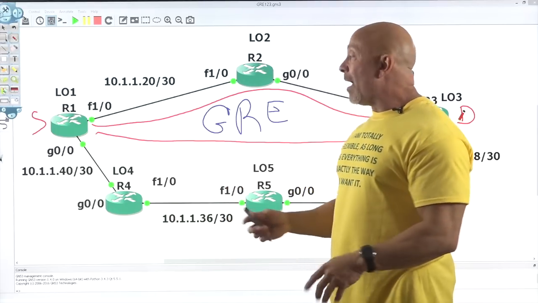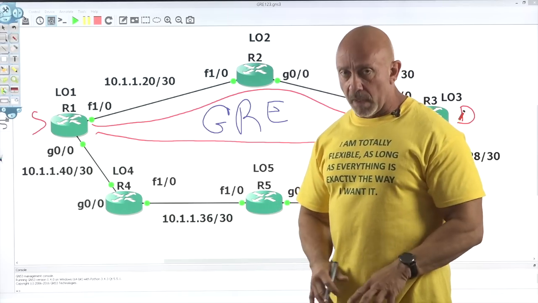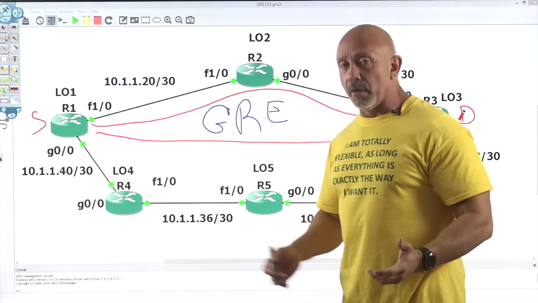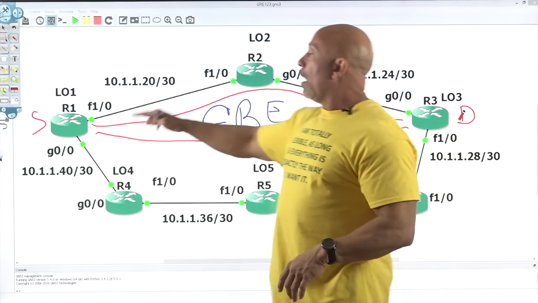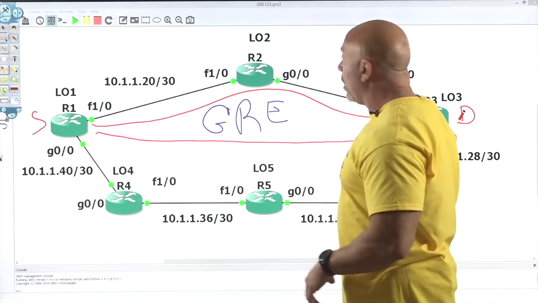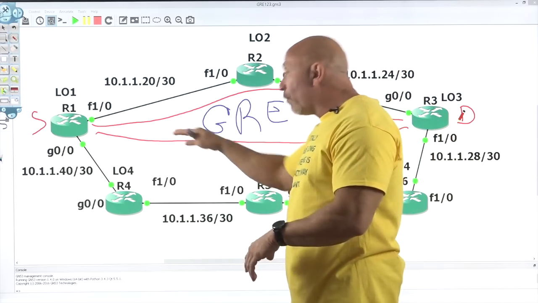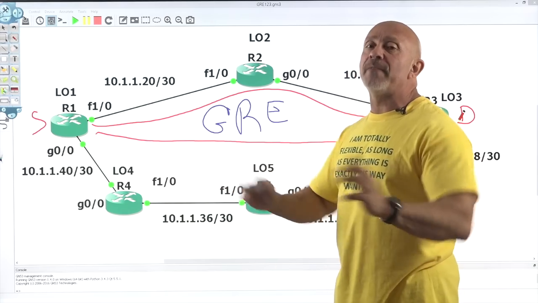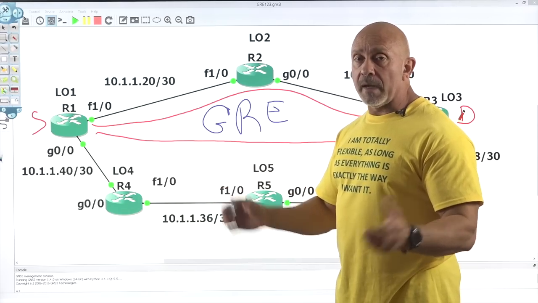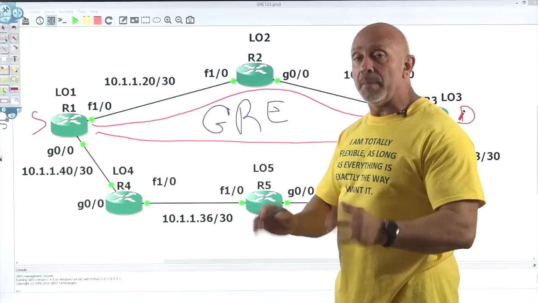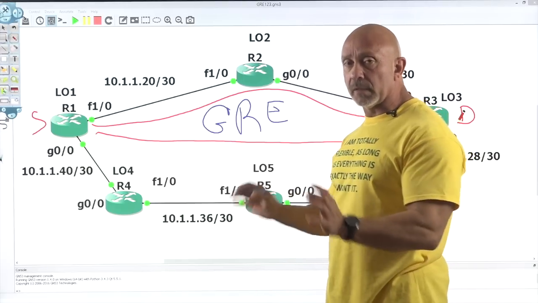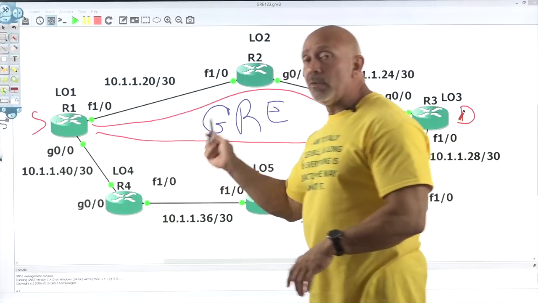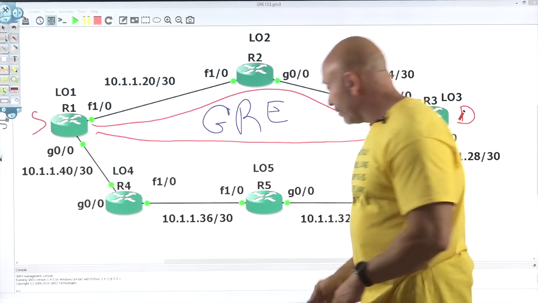All right. Obviously, we need to advertise the tunnel as well. Now, I know I said earlier about recursive routing errors that you should create an underlay routing protocol on the outside and an overlay protocol on the inside. We're just going to do an underlay, just so you can see it gets routed, all right, and that the tunnel exists and it's up. That's the goal of this particular lesson, okay? So now you know what we're going to do. Let's go ahead and get it done, all right?